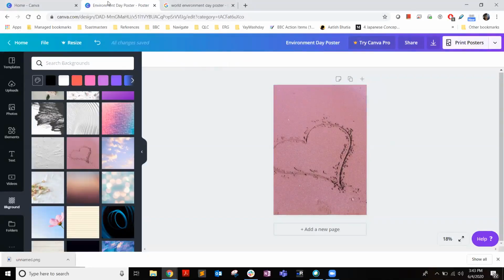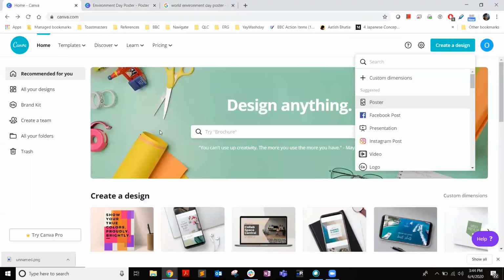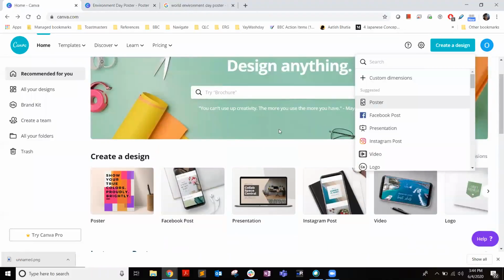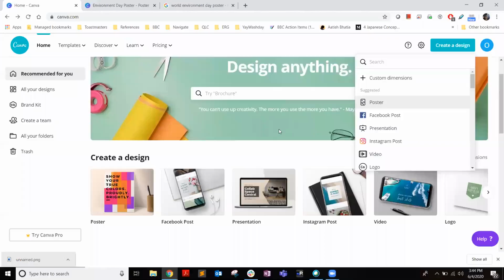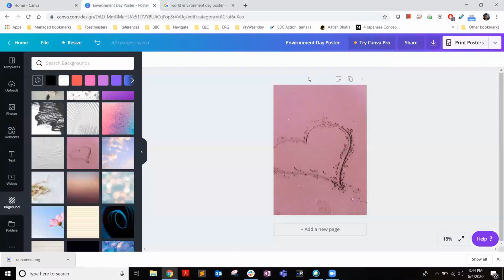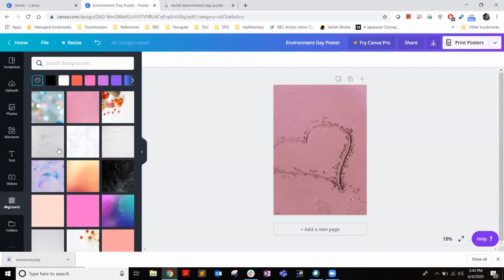To do, what did I do to get that screen? All right. So I'll just repeat from the beginning. Everyone was probably seeing this screen at the beginning. You chose personal usage of Canva, then maybe later the pro option. Then you came to this screen and we went to this part, create a design, and we clicked on poster. And from there, we came to this section. Then we moved to background and selected a background which we want.